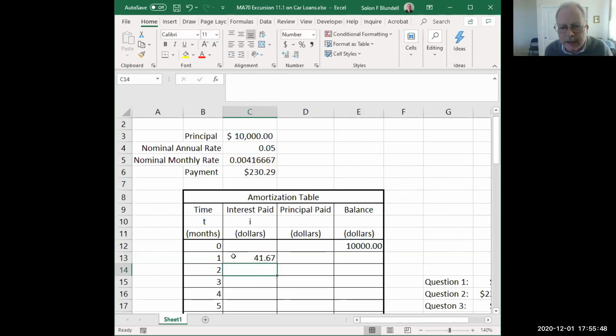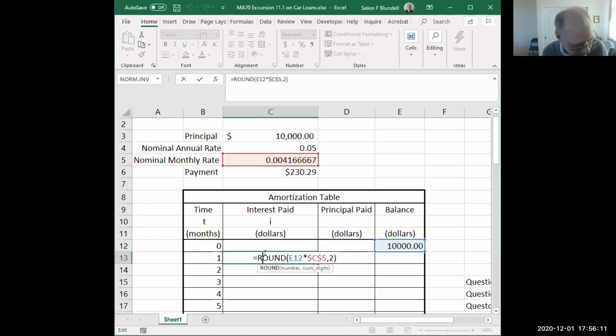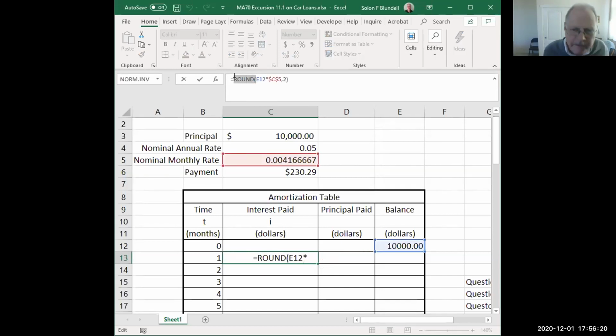To just 2 digits. It's not just the display. Oops, I'm doing the wrong button there. What I'm trying to say is, if I show more digits, see, because I used the rounding formula, now when I show more digits, it's all 0. If I didn't use the rounding formula,